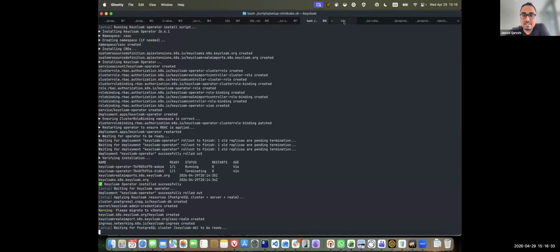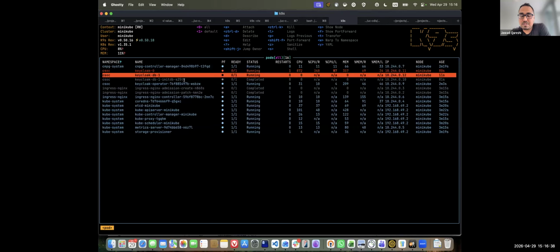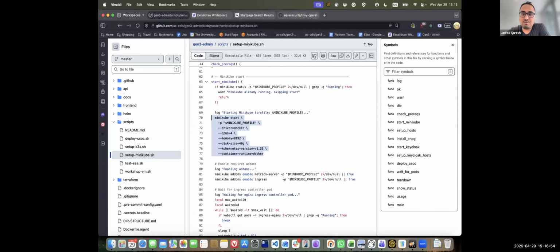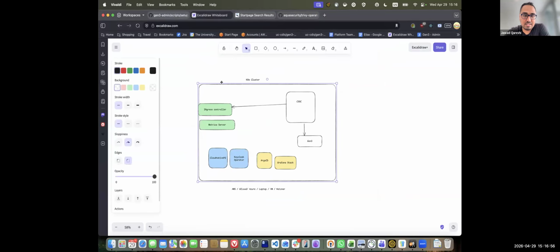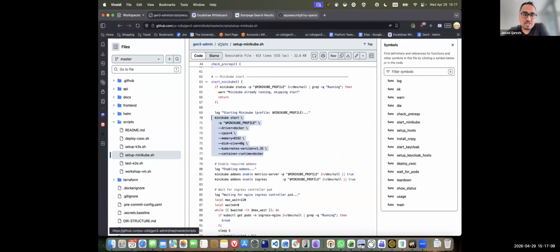Here, we're seeing the database is coming up. Most of the time will be spent on just pulling the Docker images. So the faster internet connection you have, the faster this will go. But this is just running on my MacBook, and the Minikube cluster itself, I'm only giving it 4 CPUs and 8 gigabytes of memory. So if you were to spin up this instance in the cloud, you could give it a little bit more or less, or the same amount of CPU and memory, and you hopefully get similar types of performance. In this scripts folder,